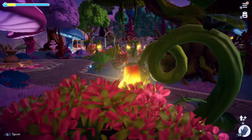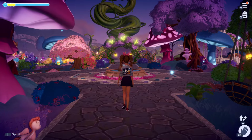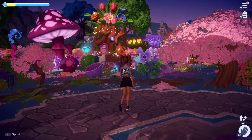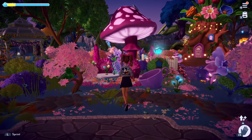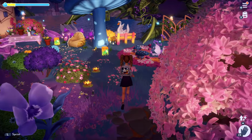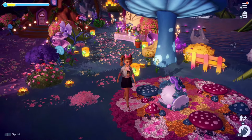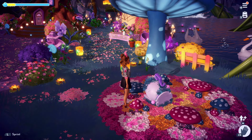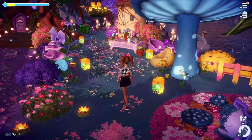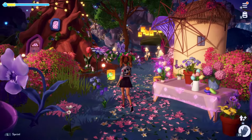And then this is the center area with the fairy boss home on this side. There's a cute little sitting tea area by there, and then a little path here. I would put this fairy circle and everything here, and then that teacup spawned on its own, and I just thought it was funny that it spawned almost in the center there, so I left it. So nice little sitting areas and